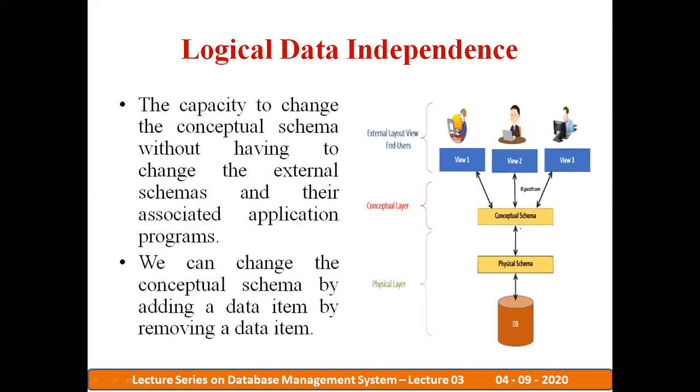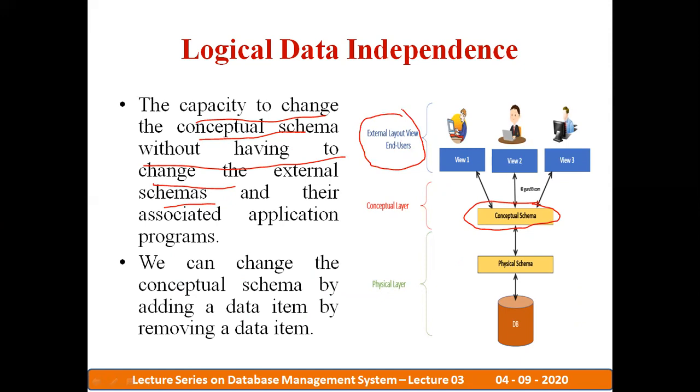Now let us see logical data independence: the capacity to change the conceptual schema without having to change the external schema and their associated application programs. If you change the schema at the conceptual level, it will not affect the external layout or view of other users.